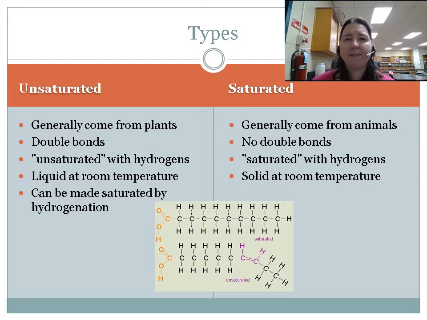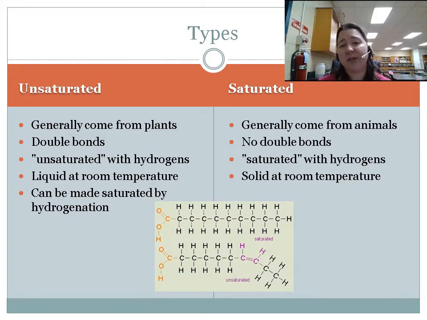So peanut butter. Peanut is a plant. Peanut butter should theoretically be liquid, but we hydrogenate it to make it into that spreadable solid thing that it becomes. That is really tasty, but that's what happens. And if you ever see natural peanut butter, a lot of times you'll see it separate and there's a layer of oil, and you've got to mix it up because it's not hydrogenated.